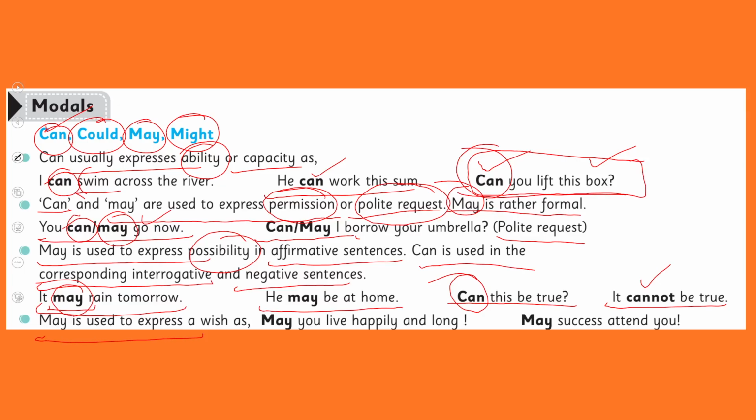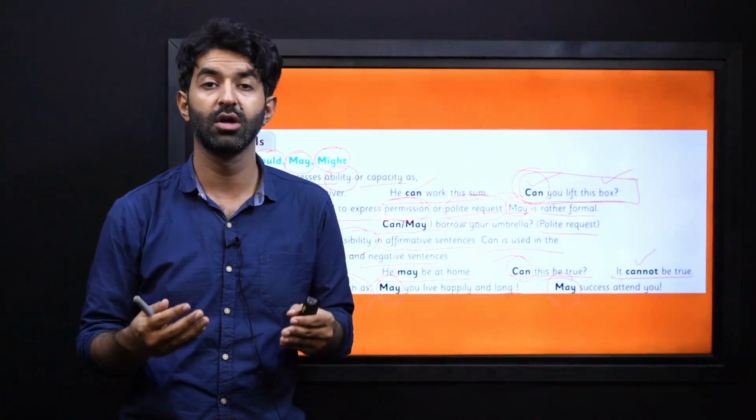Now may is used to express a wish also. For example, if you want to say, may you live happily and long. You cannot say, can you live happily and long. So may is also a wish. It's a supplication. It is a very good sentence that you are wishing someone. May success attend you. Here again we are using may because we are wishing good luck, a good chance